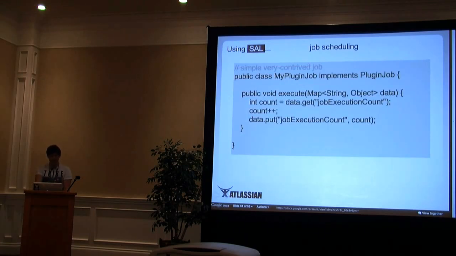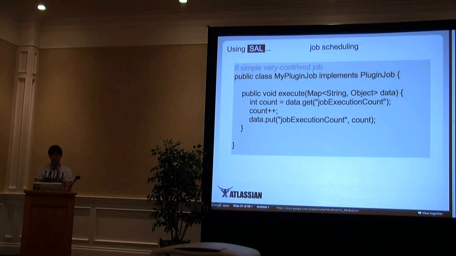And just a last example of what Sal can do. Let's take a look at scheduling jobs. So the first thing you need to do to schedule a job or task that you want your plugin to execute on maybe just once or on a regular basis is this plugin job interface. It just has one method which you have to implement, the execute method, and you pass in a map of data. Now this map of data you can basically put anything in there, and that'll be persistent across each job